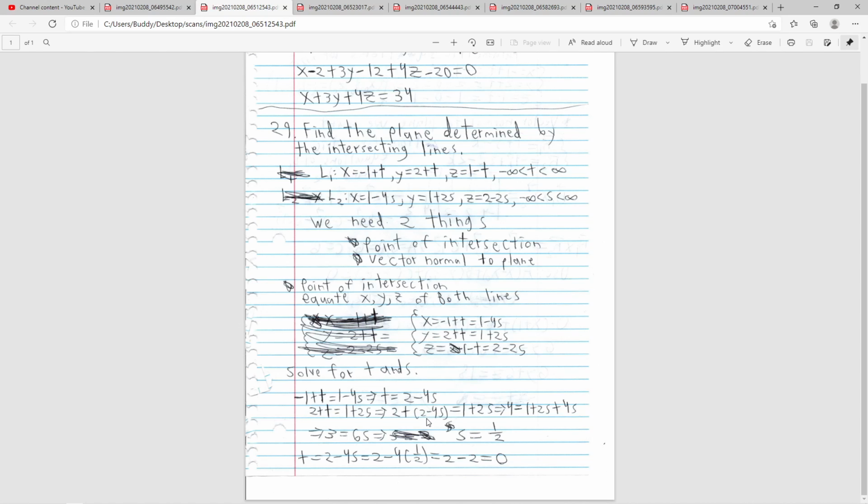The reason for this: I have t equals 2 minus 4s, you get that. So basically I plugged in here, 2 plus t equals 1 plus 2s, from y. The two y's equate each other. That means that 2 plus 2 minus 4s in parentheses, that's the t value, equals 1 plus 2s, which implies that